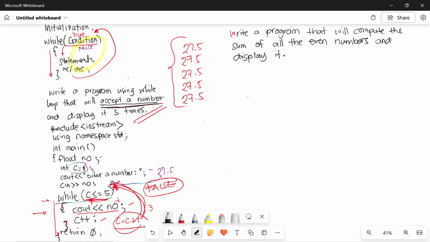Okay, so we are tasked here to write a program that will compute the sum of all the even numbers, and we are to display the sum. Now, the first question here is, how many numbers are we going to process? Okay, so we are not sure of how many numbers. So we are going to ask the user how many numbers, or we keep on repeating asking the user if he or she wants to add more numbers. Okay, so let's go with the second